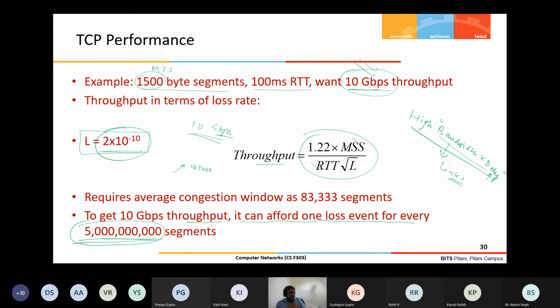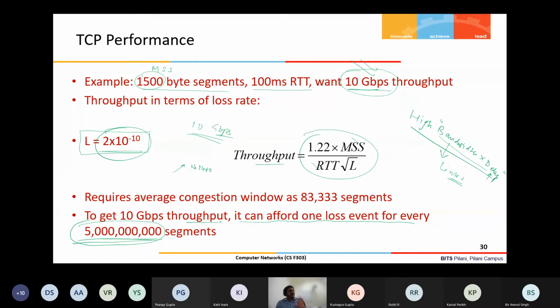And one more observation from internet traffic is that most of the connections die in their slow start phase itself. You can also observe this from the way you do your browsing. Suppose you click some website, you click 2-3 links, and that's all. Your job is over; whatever you wanted to get, you got. Maybe 5 or 10 segments are sent, and before your connection enters the congestion avoidance phase, or saturates, the connection dies.